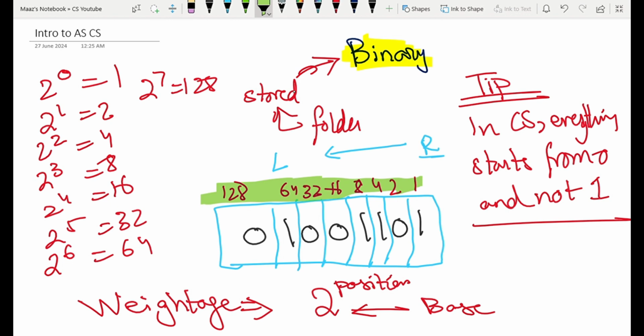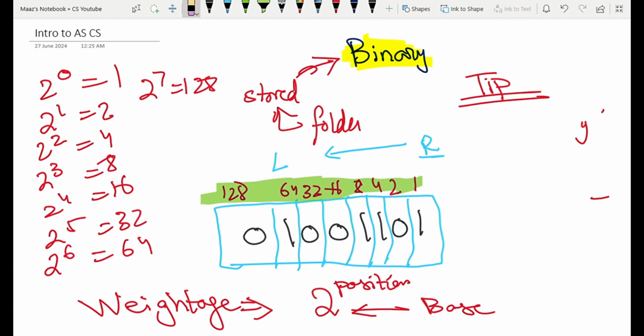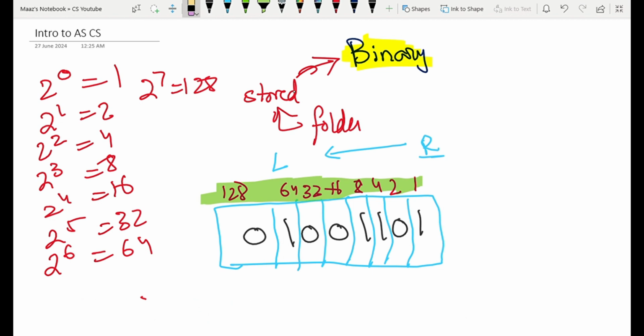Now, how do we convert this specific code into integer values? Well, really simple. Let's get some space and then get to the main thing. There aren't any specific formulas in computer science. We're going to look at the places where we have ones, 1, 1, 1, 1. We are going to be ignoring